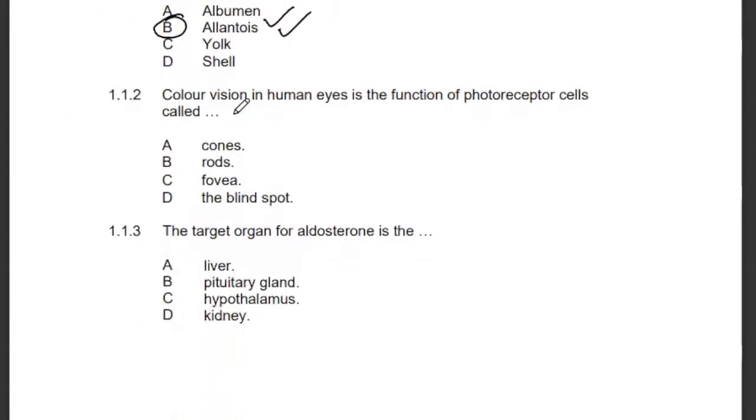They're saying that the color vision in the human eye is a function of photoreceptors. When you talk about photoreceptors, we are looking at the cones. So here we are trying to say this is the answer. So why? Because